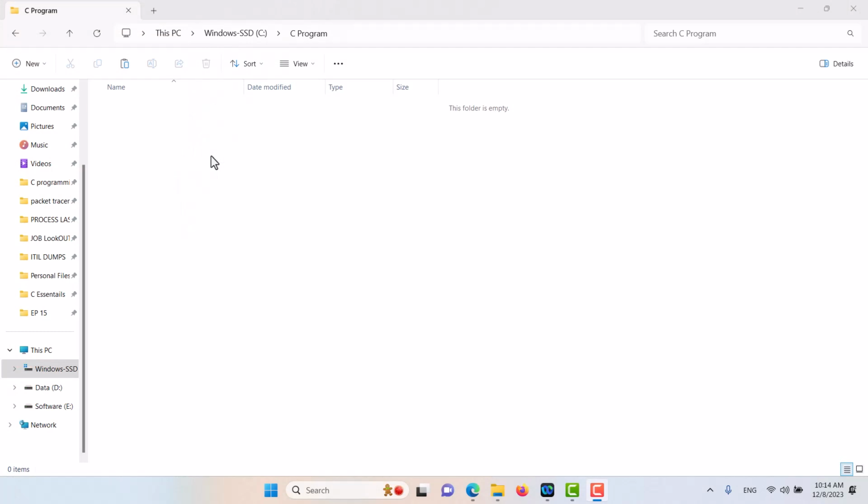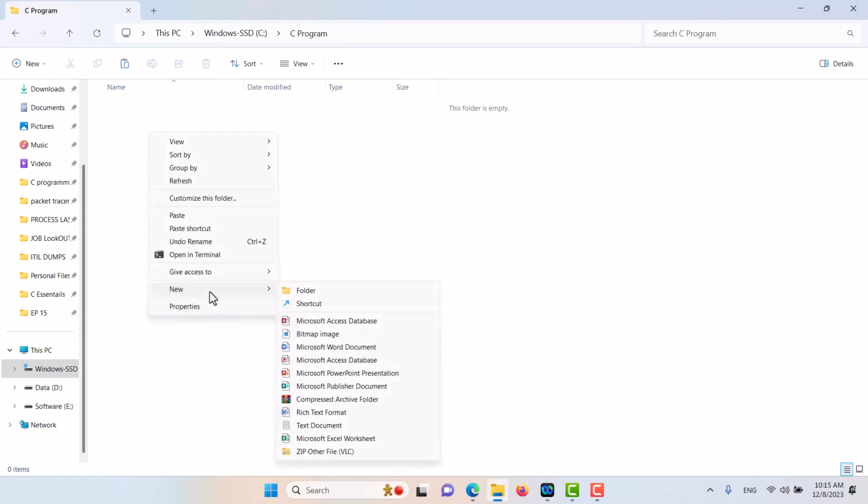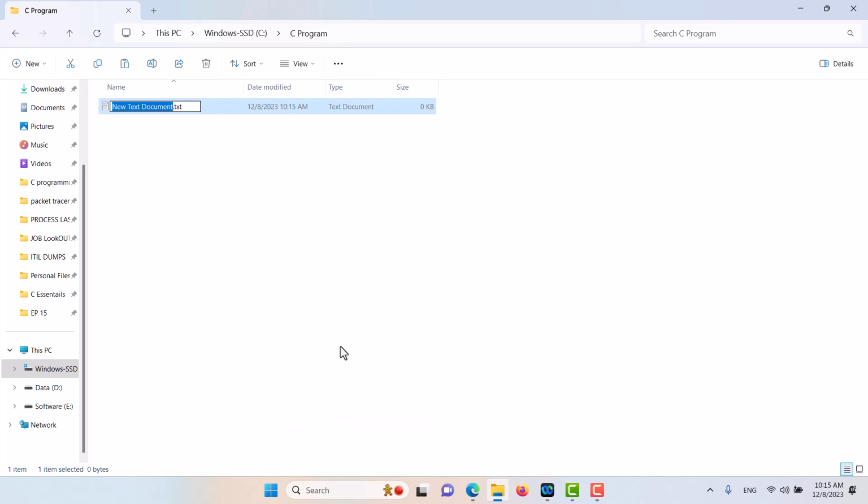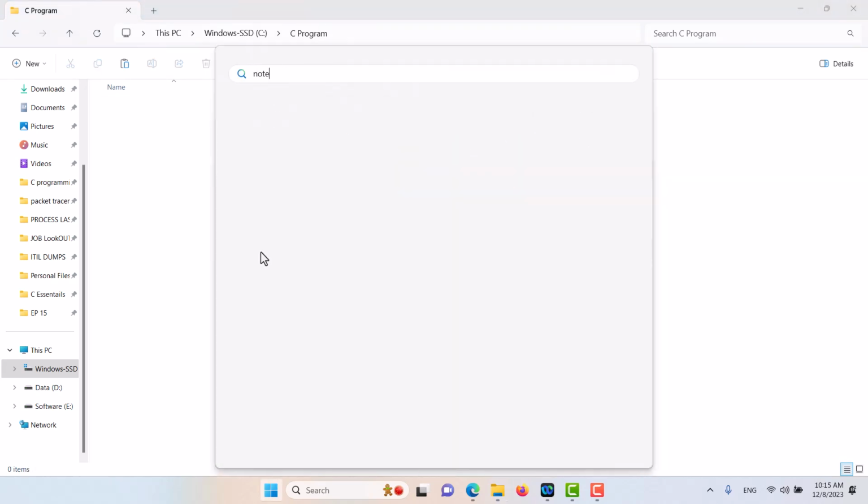So here we are on my laptop, and the first thing that we want to do is create the file that we are going to write the C program on. So let's create a simple txt file. We want to go to here, a new txt file. The name of our program is going to be first program, and obviously the extension is going to be .c. Or we can also maybe delete this file. Instead of that, we can go to Notepad directly,